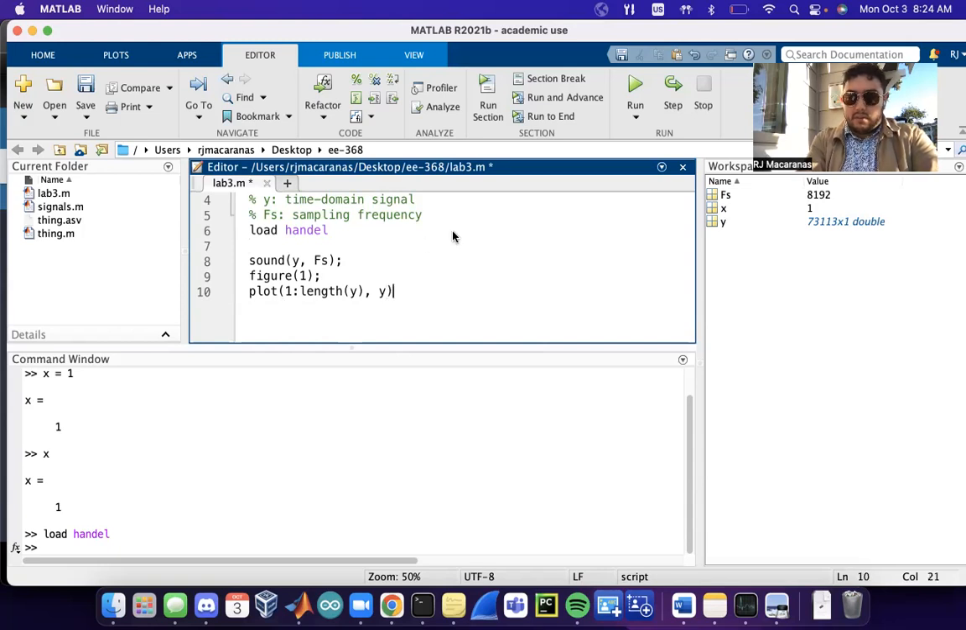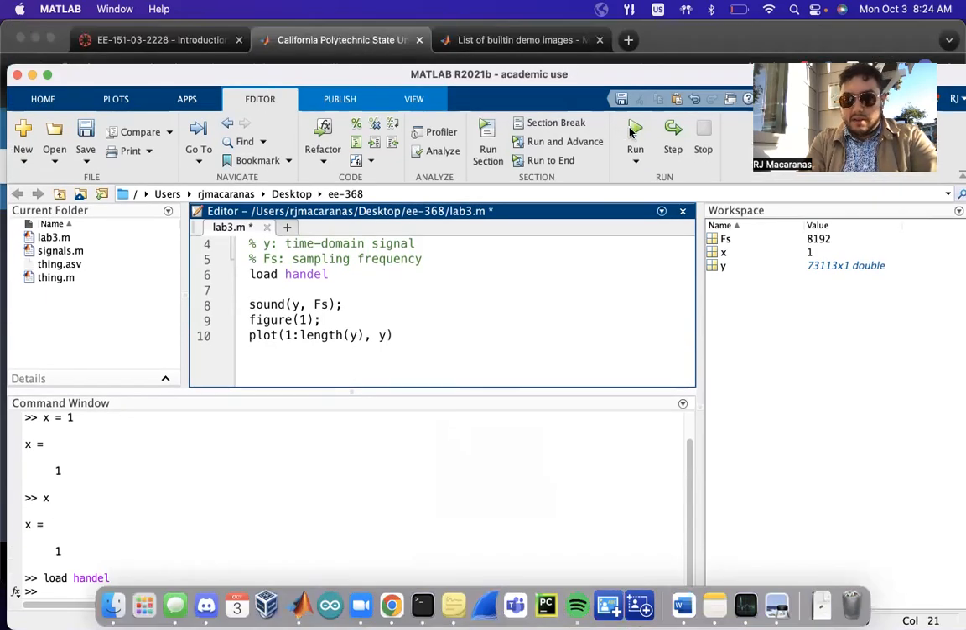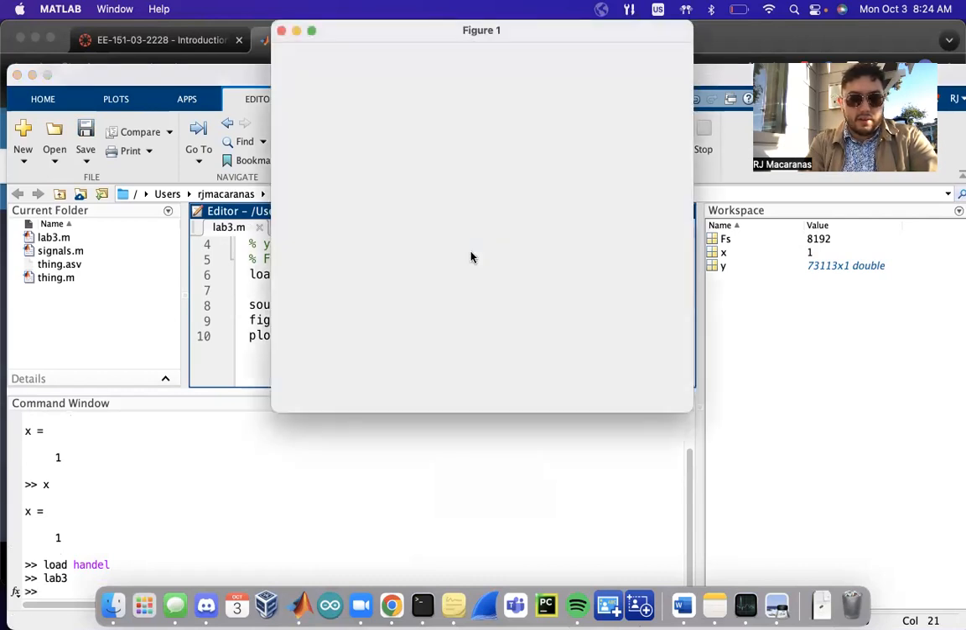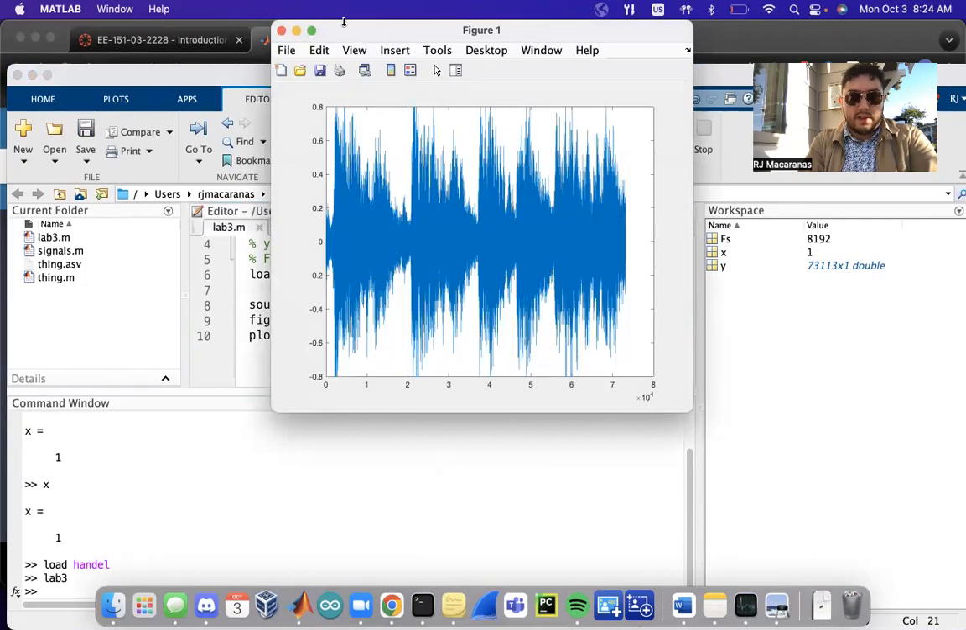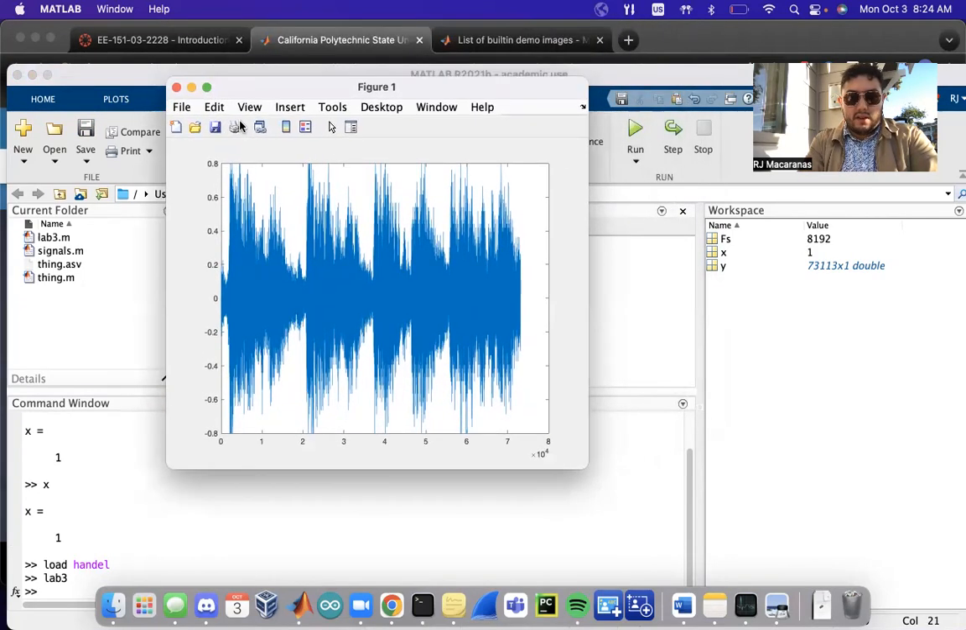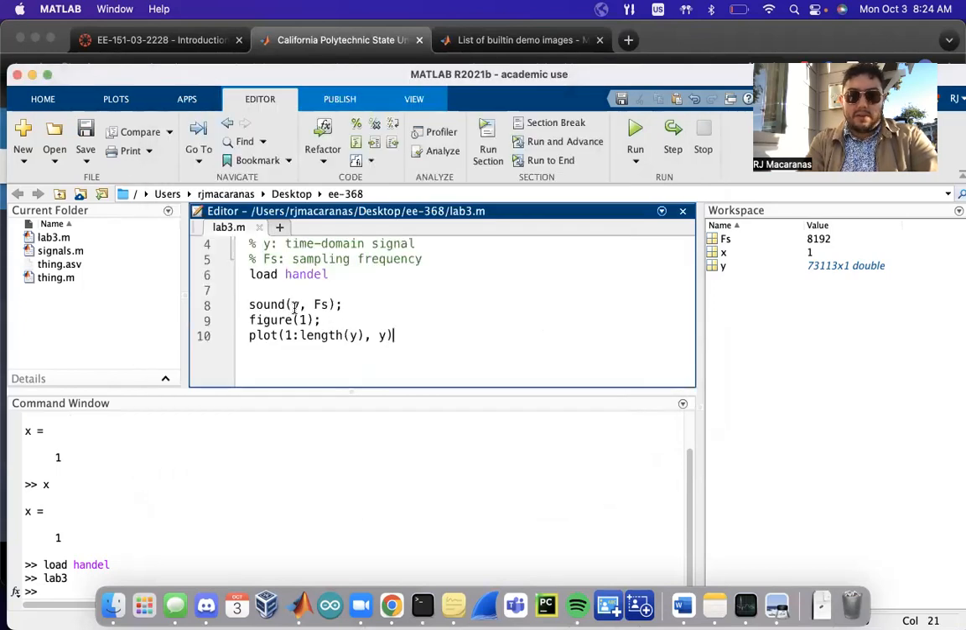So then if we run this, I'm going to comment that out so that we don't listen to it, but I should be able to run this. And assuming I did everything correctly, yeah, so it plots the audio sample that we have just loaded into our workspace. Pretty neat. And then if you have your volume turned up, it'll also play the music out of your speakers. So that's how you get started with the